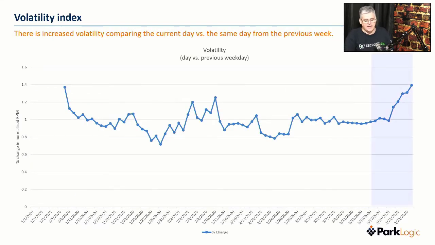So volatility index. Wow. Now, what this is comparing at an aggregate level is a Monday versus the previous Monday, or a Wednesday versus the previous Wednesday, and the changes which have occurred. And as you can see, there's been a massive upswing. I'm looking at the normalized RPM, and there's just been a massive upswing from one week to the next. It's just phenomenal, in fact. I just don't think this will be sustainable, but we'll just have to see what occurs there.